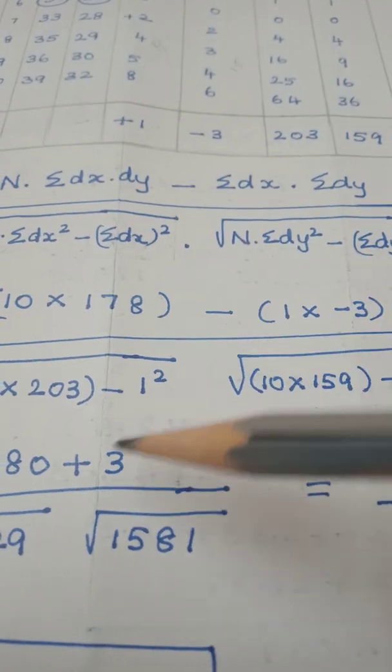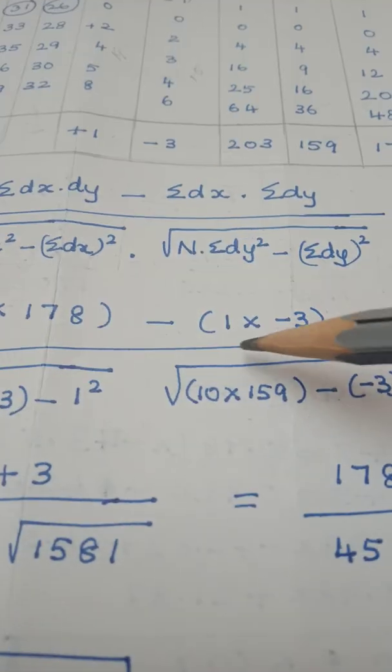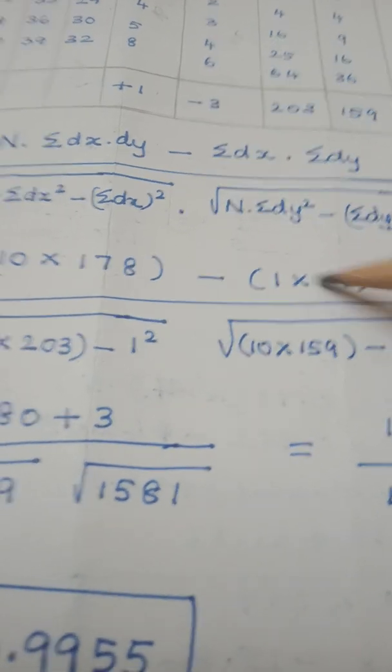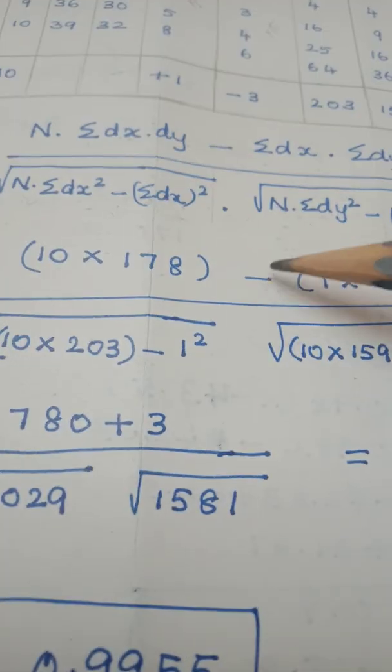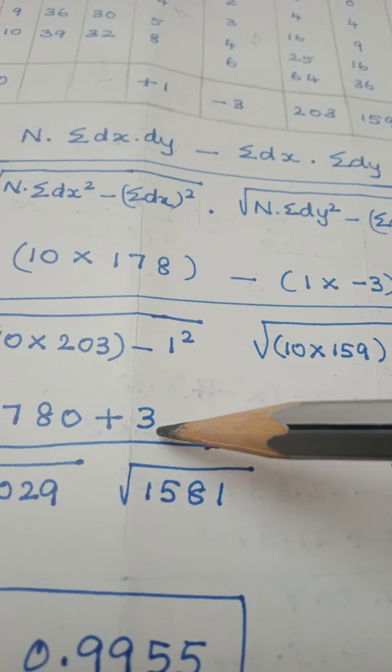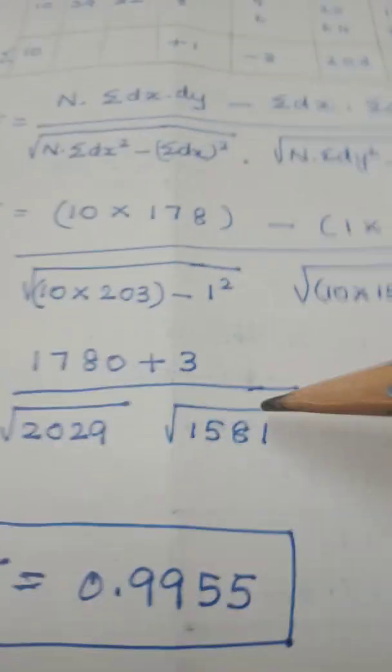What symbol is here? Minus symbol. Now 1 into minus 3. What is the value of 1 into minus 3? It is minus 3. Already there is a minus here. So minus 3, minus into minus, it becomes plus. This minus 3 will change into plus 3. Whole thing divided by